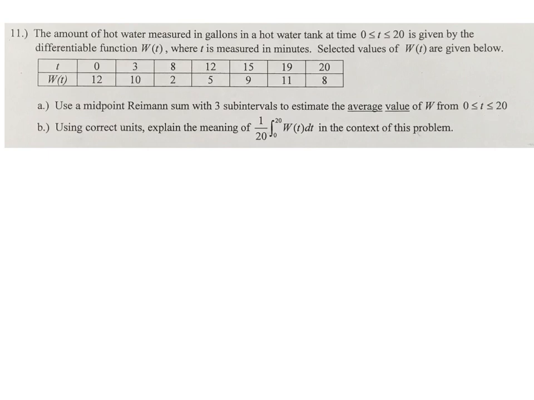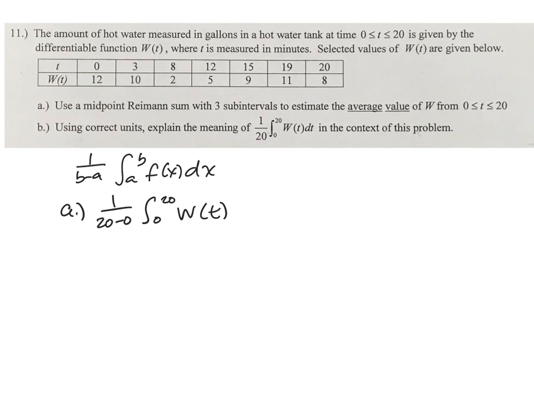So you might recall from class, to find the average value, if we have an integral from a to b of f of x dx, and we want to find the average value, we just need to take that integral and multiply it by 1 over b minus a. So for letter A, to find the average value of the integral from 0 to 20 of W(t) dt, we're going to take 1 over 20 minus 0 times the integral from 0 to 20 of W(t) dt,